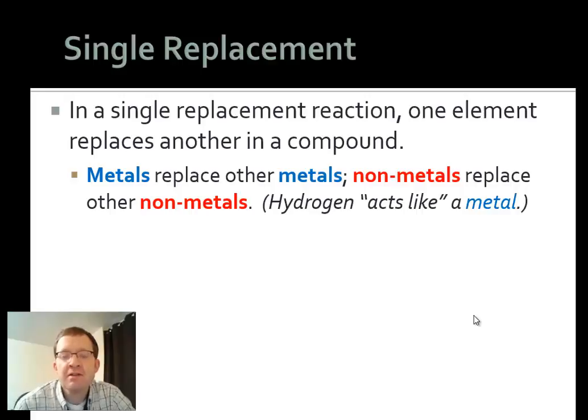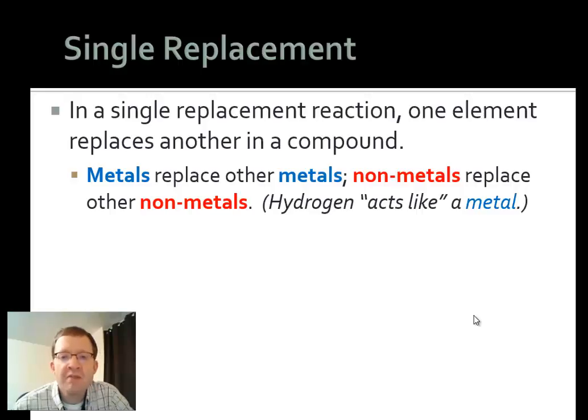And the reason, as you look at some of the example equations, becomes clear. Metals couldn't replace nonmetals and vice versa because the compounds that you'd end up with then just wouldn't make sense, and they wouldn't want to stay together because of how their charges are used to make the compounds attract to each other. So as we look at single replacement reactions, keep in mind metals will only replace metals, nonmetals replace other nonmetals,